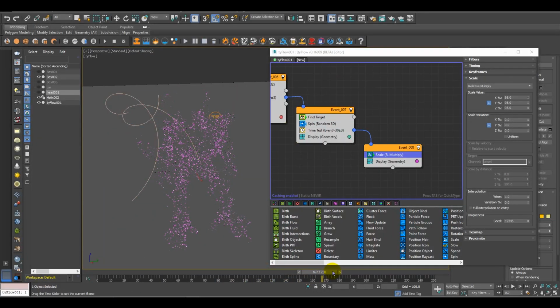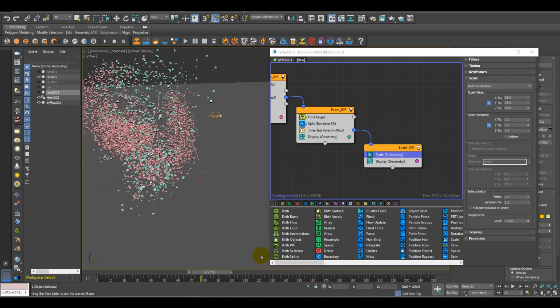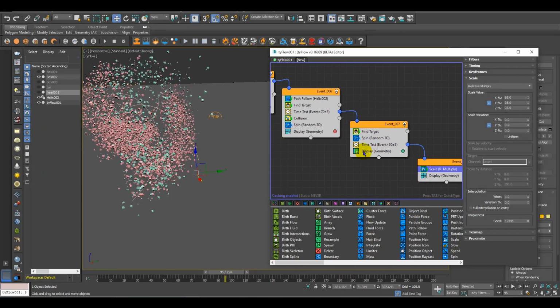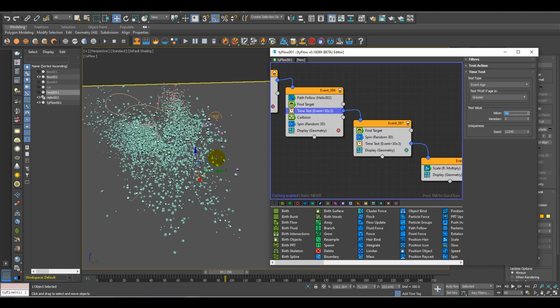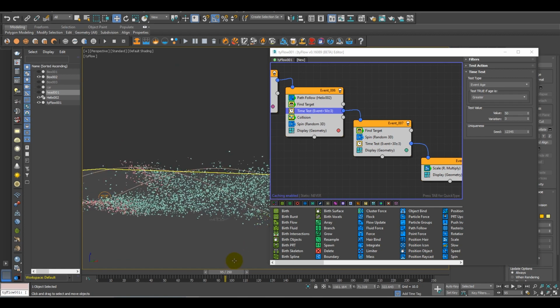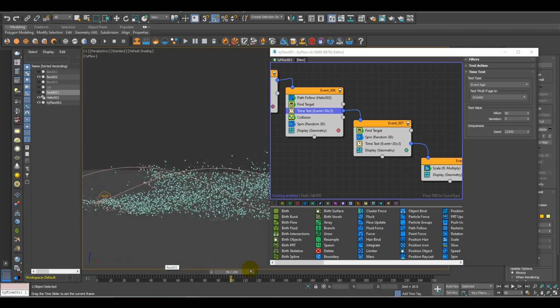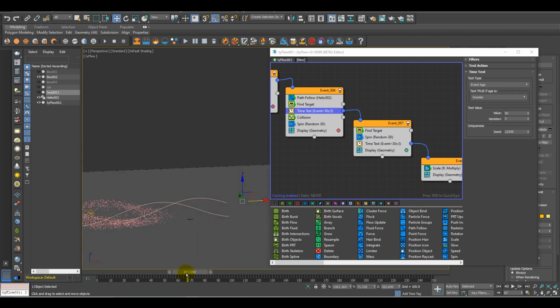Perfect. If I just change this to around 50, look, more perfect.